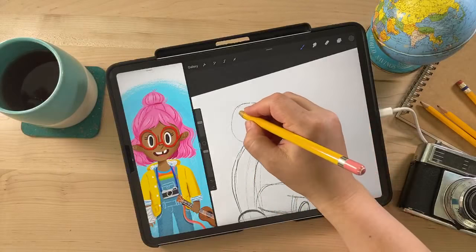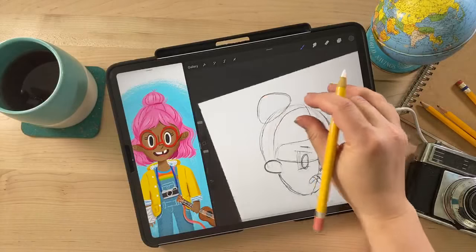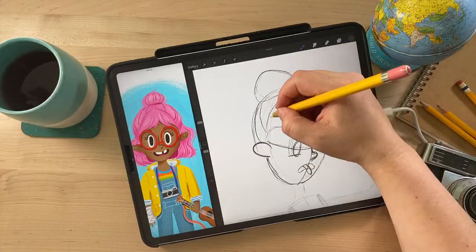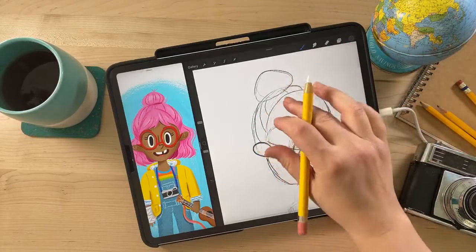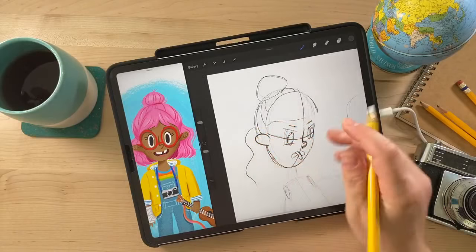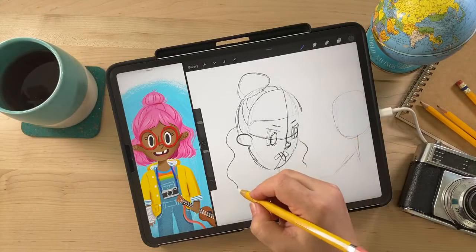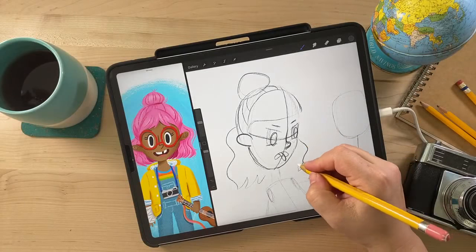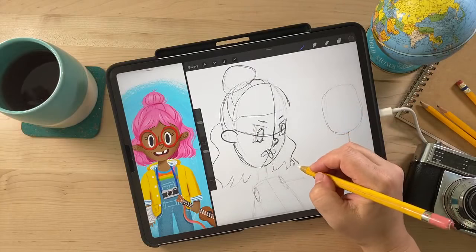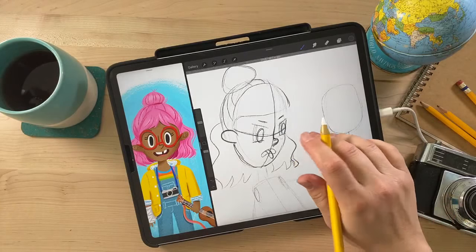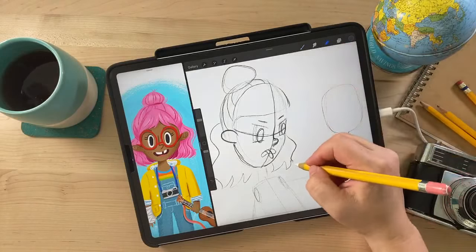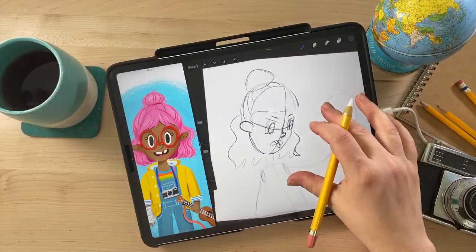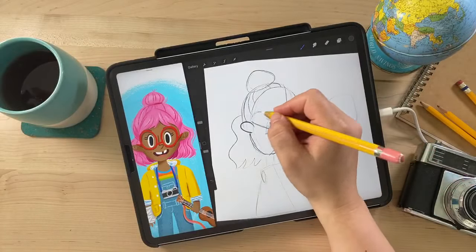It's kind of a little weird shape. There we go. And then this hair is all up in the bun. So you're gonna have those lines going back, and then her hair kind of coming down. And maybe you can see some on this side. It's looking a little weird. I'm just gonna fix it up a bit. There, that's better. Okay, so we've got these basic shapes,